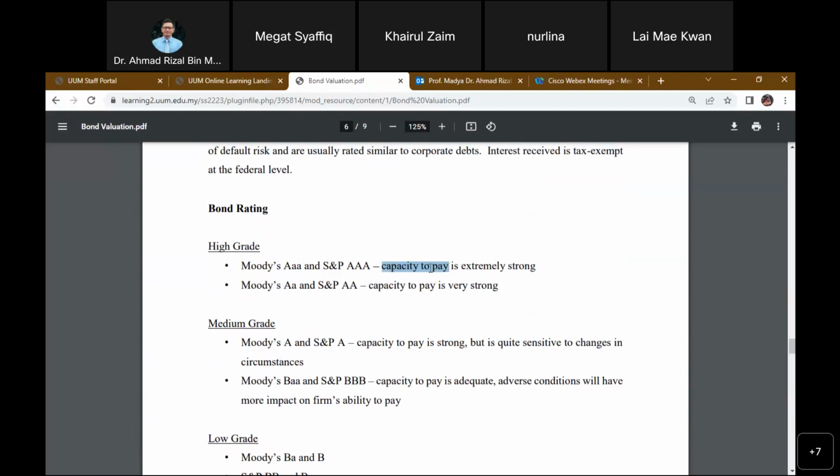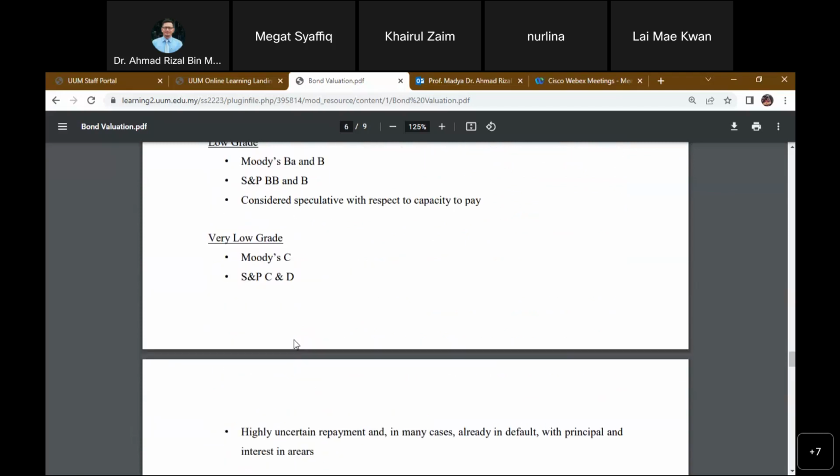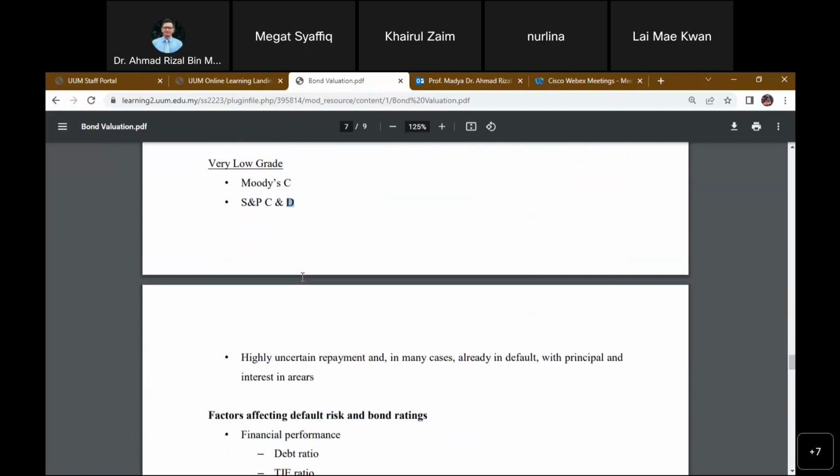And the probability of default is almost zero. Okay? Almost 0%. Whereas for a lower grade, say a D, the probability of default is high. Okay? Say 40% or 35% probability of default, meaning the company would not be able to pay the coupon payment. Okay. Now, with that in mind, my question would be,